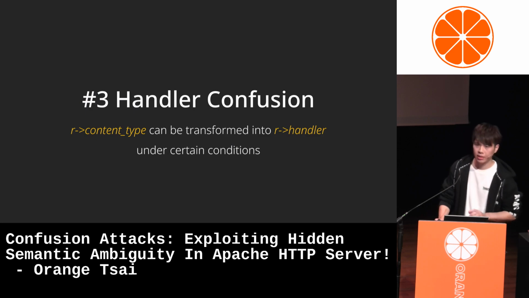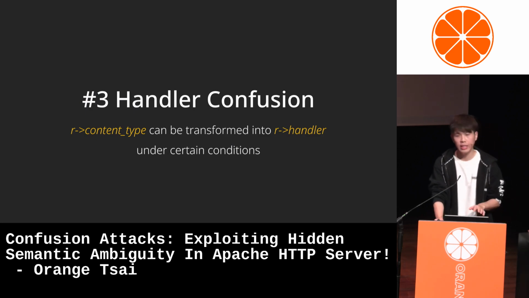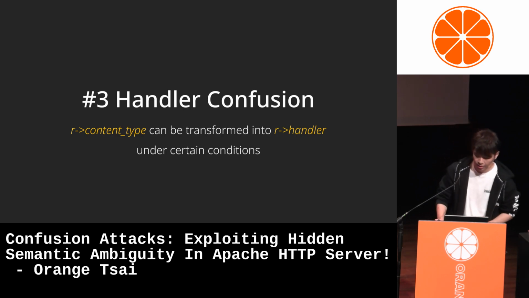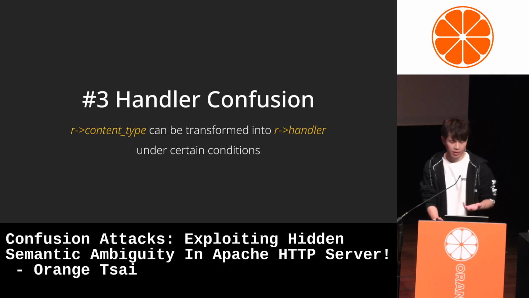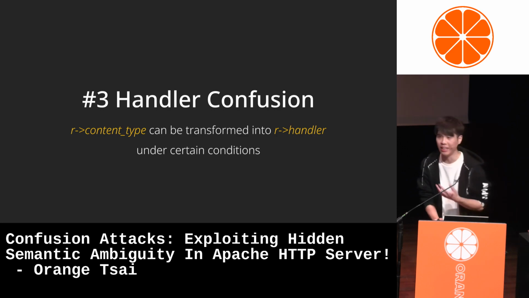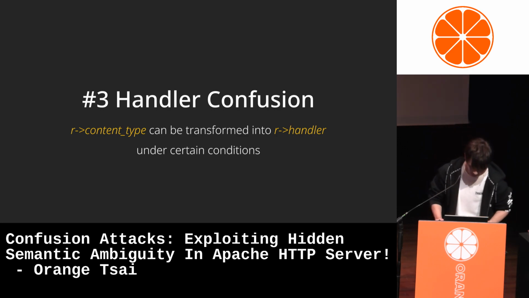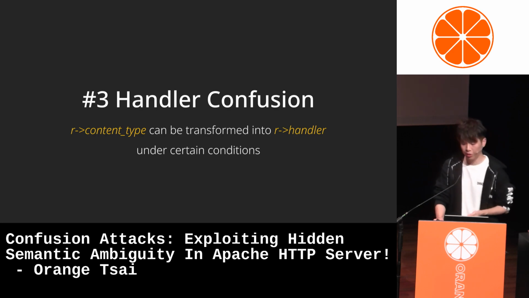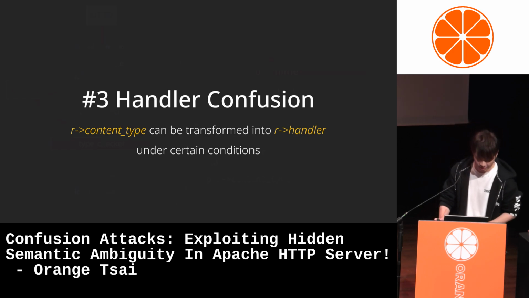So our third handler confusion is playing around this behavior. In Apache, sometimes the content type can be transformed into the handler. Yes, can be transformed into the handler. So what can we do? Let's show you something fun first.